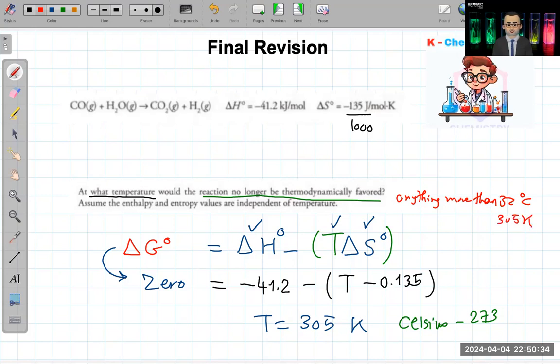This question will come a lot in the exam. It's one of the most favored questions for the examiners to bring about entropy. They like this one very much because they need to know the student understands the meaning of equilibrium and that delta G is equal to 0. Okay, one more point that he always asks about, and I have to memorize it as it is.